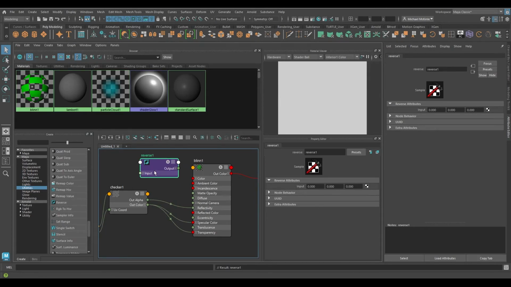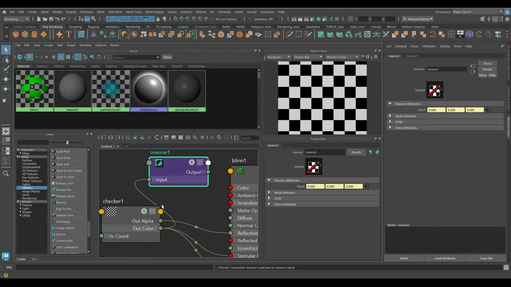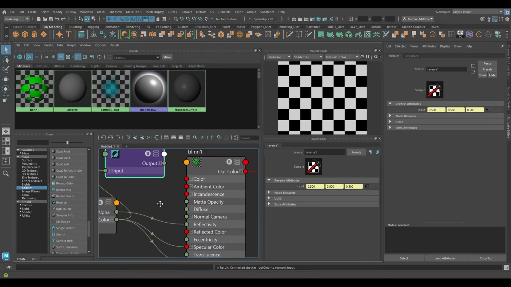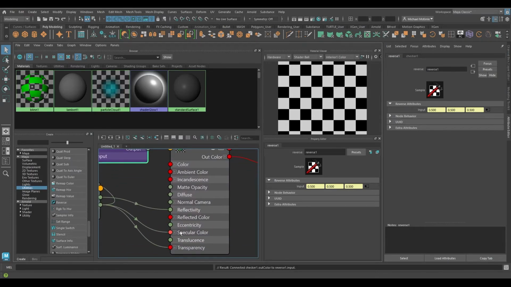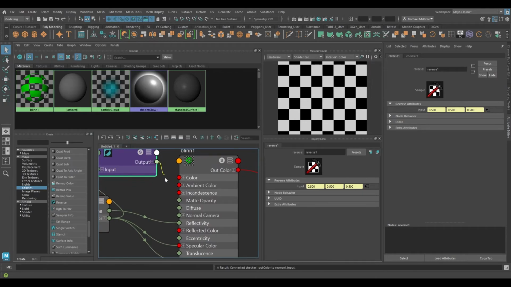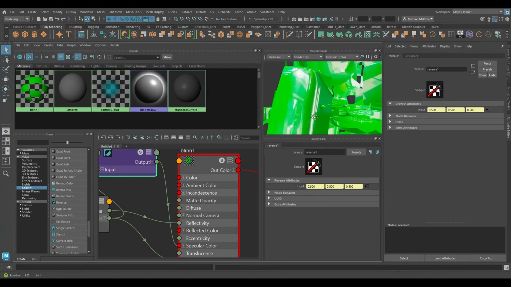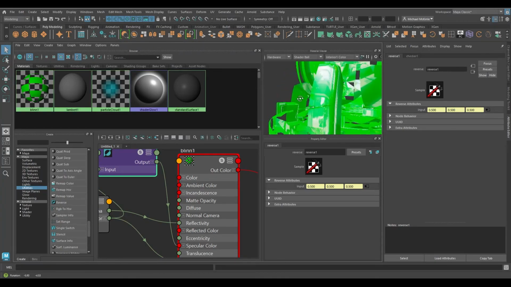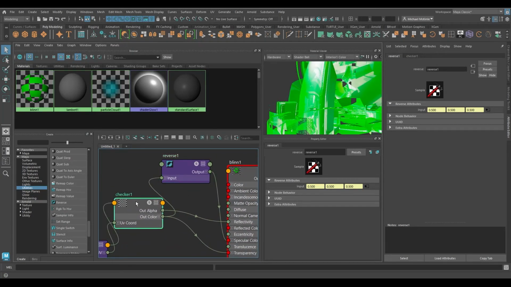Okay, so how does this work? So again, we have our inputs and outputs, right? So if we take our out color from the checker and place it into the input of the reverse node, and then take the output of that, and where it's being connected into specular color and reflectivity and so on, we can go to specular color, for example. And here you can see now we're getting the opposite, where the green is shiny and where the green is not shiny. So I reversed the pattern